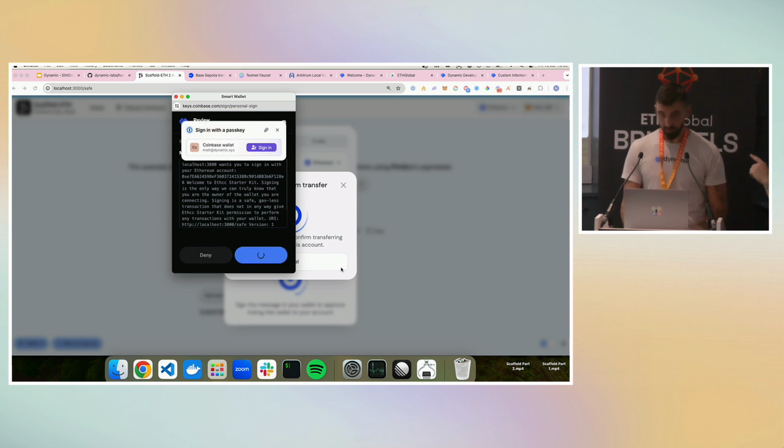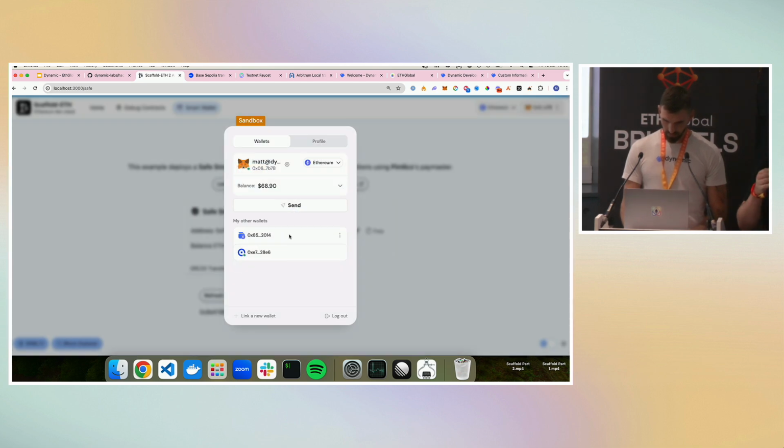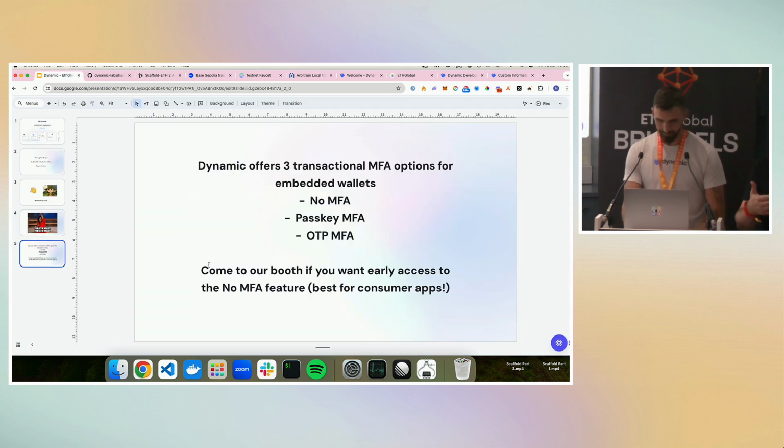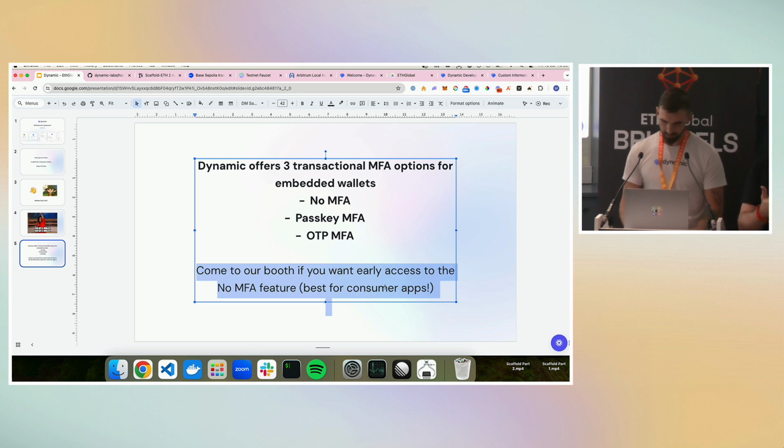One more cool thing, two other important things. If you're building in consumer crypto, after you create your wallet, there's a concept of transaction MFA. You need an approval or passkey for transacting. If you want to remove that requirement, come to our booth and we'll add you to a feature flag. So essentially, as soon as the user logs in, you can just click and transact with no additional pop-ups. Just come to our booth, we'll add you to that feature flag, and you'll be on your merry way. Just create an account, app.dynamic.xyz, come with the environment ID,